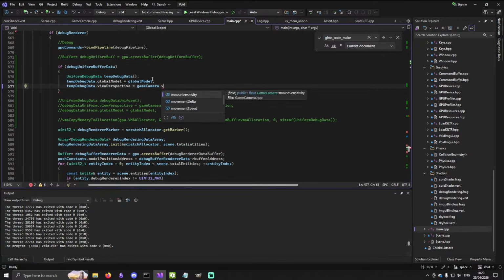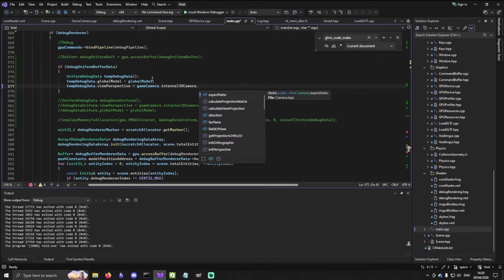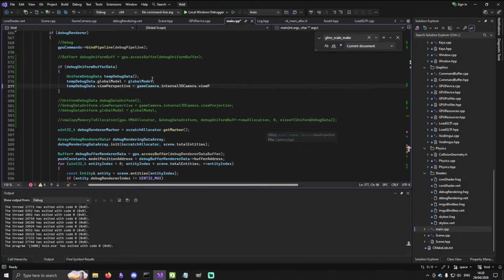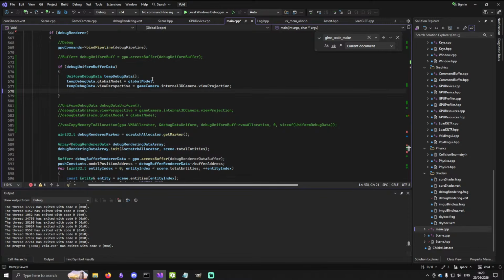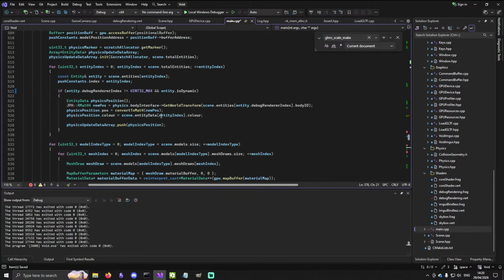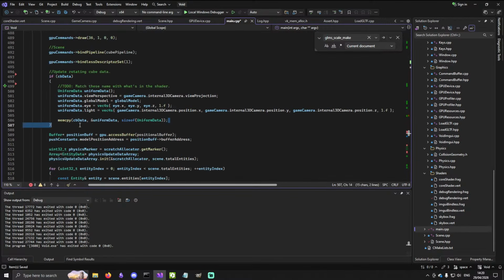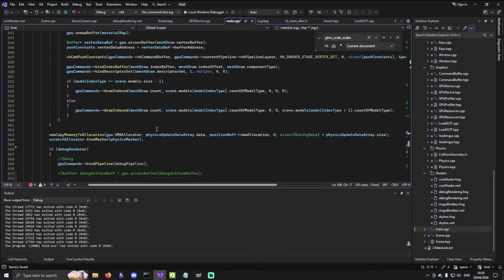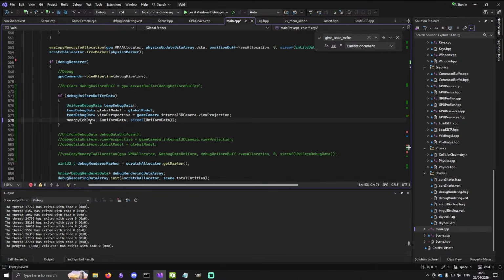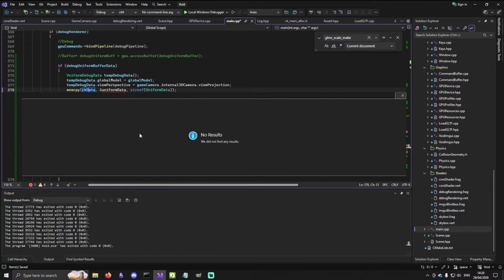View, internal 3D camera, yep, and then view projection. Okay, and then we want a mem copy. I can't exactly remember the order, or what I'm copying into. So that is the